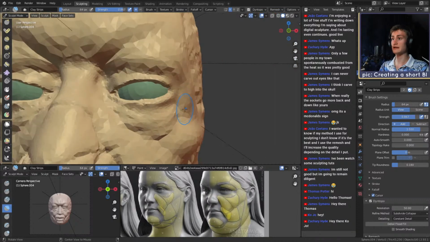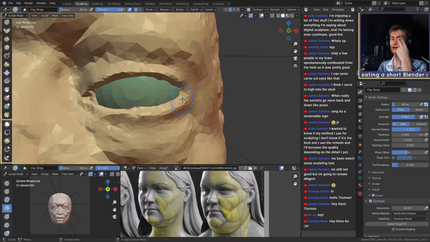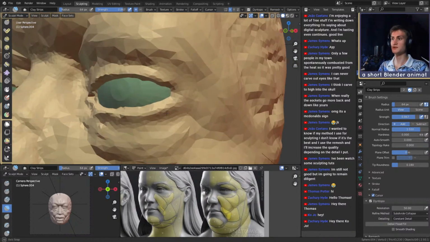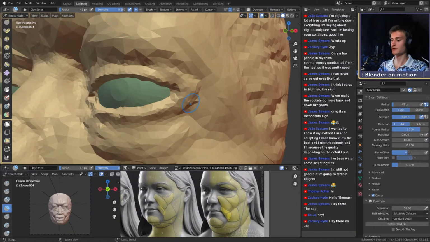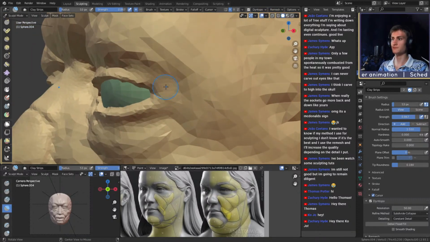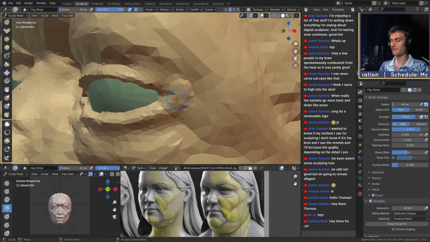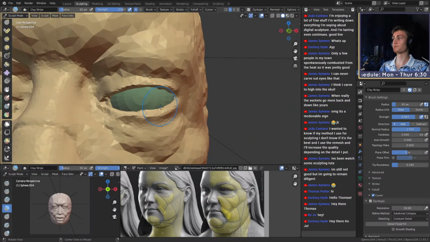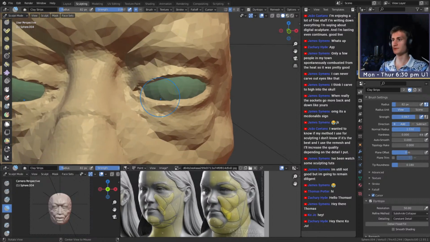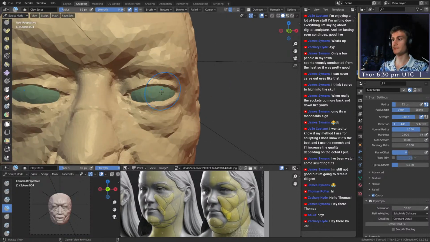But that is of course not the case, because the muscle for the eyelids is one muscle, which means it connects again right here, which means this part is basically just smooth like this. Smoothing it out like this. That is basically the outer corner of the eye. So now that we have the shape of the eye,